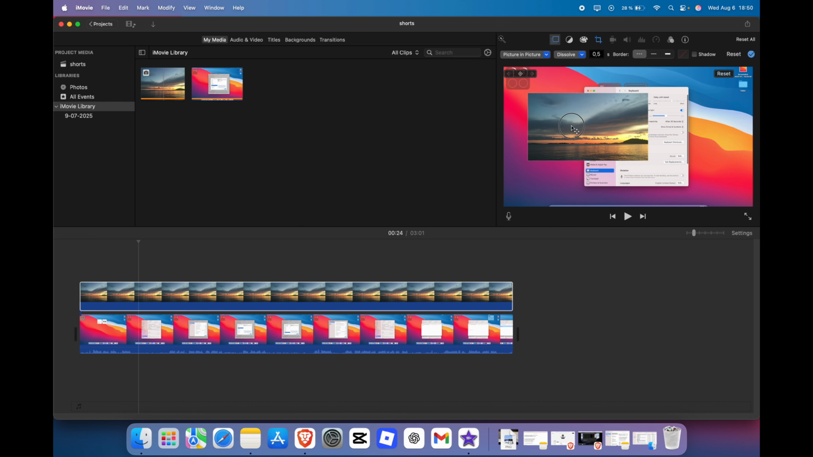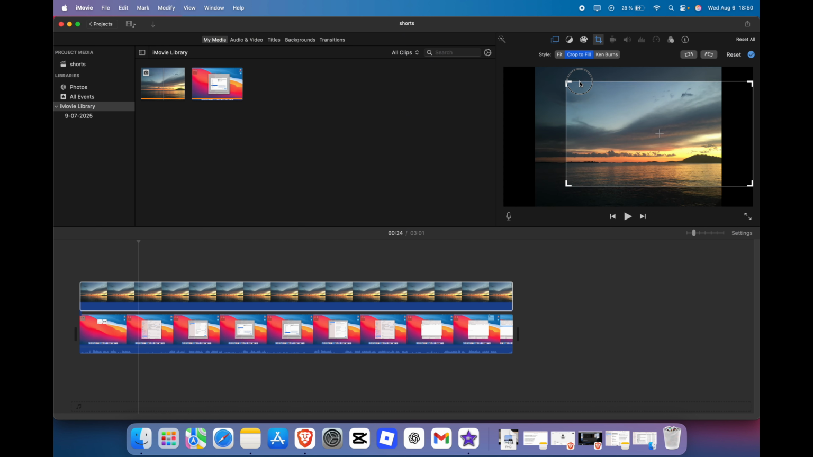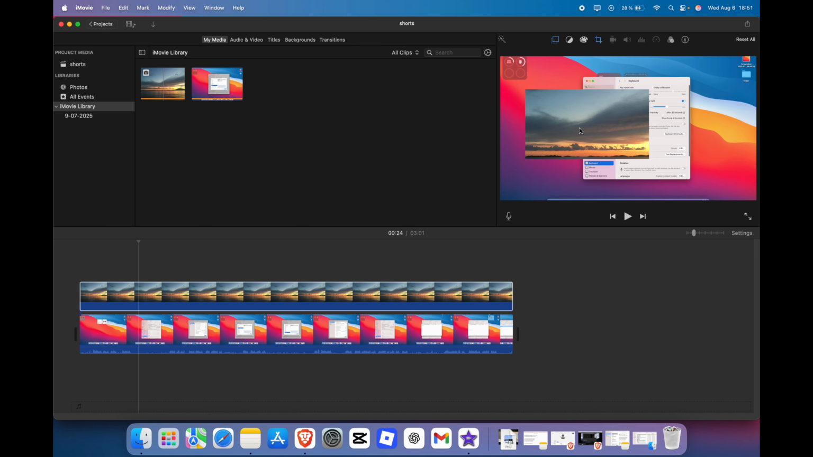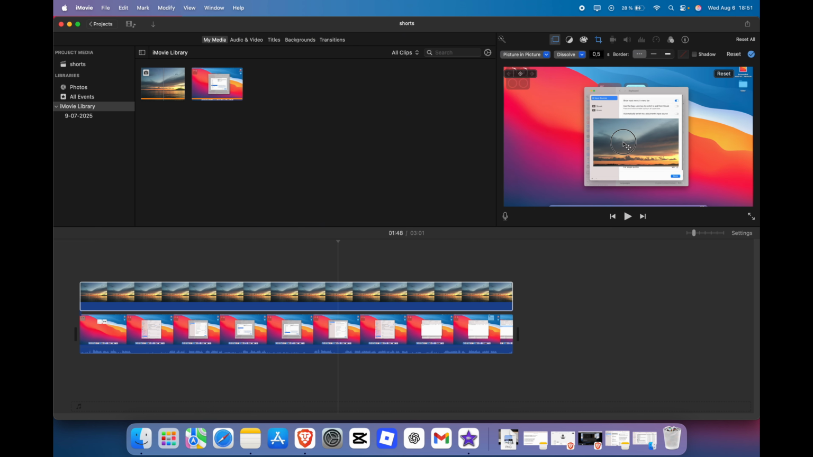If you want to simply crop it, for example, click this little icon and you can simply crop it here, press enter, and the image is cropped. And this is the way how you can put an image to your